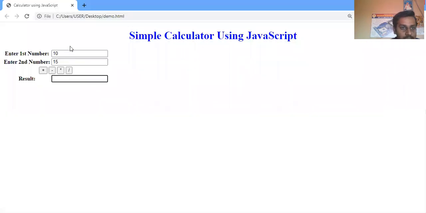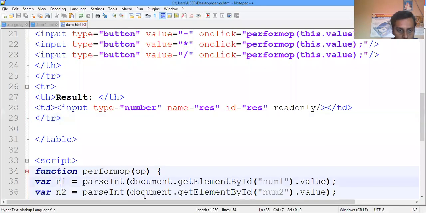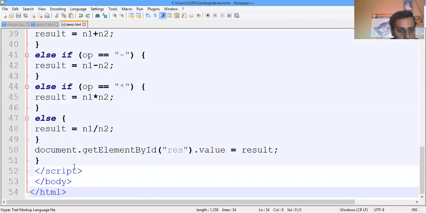box. Whatever the value is there, 10 plus 15, suppose I write plus, 25 should be displayed in the result. So we have to write document dot getElementById. Whatever ID we have given, res for the result, dot value equal to result. Whatever the result is, that is assigned to the last result box.